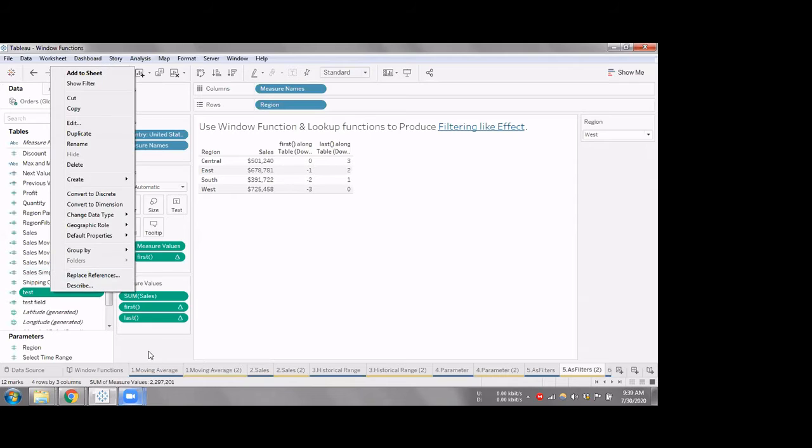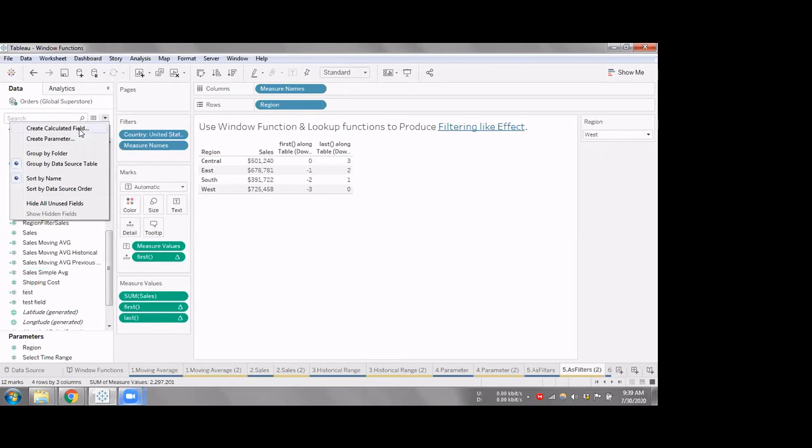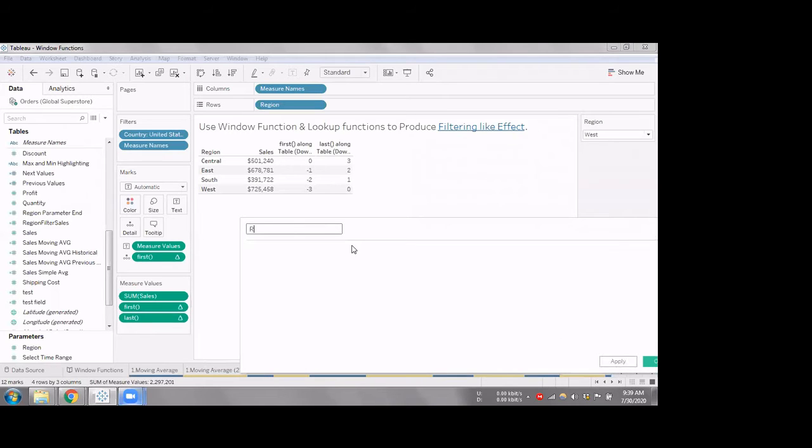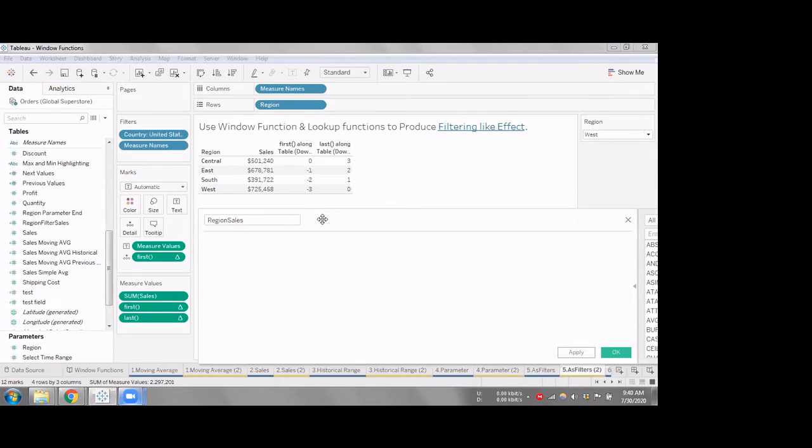Let me open the calculated field. Now my task here is to get a particular region's sales as a new column. For example, if I say I want East sales alone, I want this 678, 781 to be populated for all the rows. So how can I achieve that using a window function?